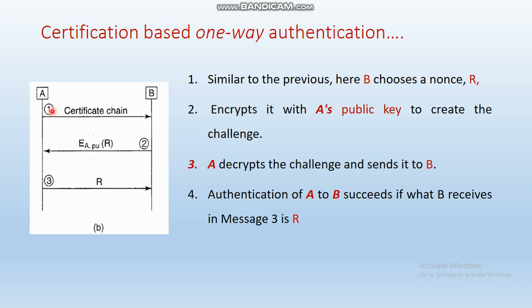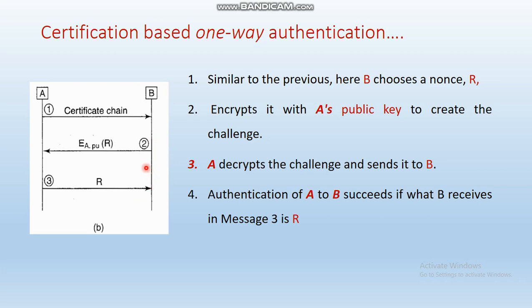Now party A is going to decrypt that particular R value. Decrypting in the sense that you are going to receive the original message now. So what is the original message? The original message is R itself. So now party A decrypts the R value, and that R value is sent from party A to B. So now party B knows both R values, the one he has sent to party A and the one received. If that matches with the received R value, then the authentication has succeeded.